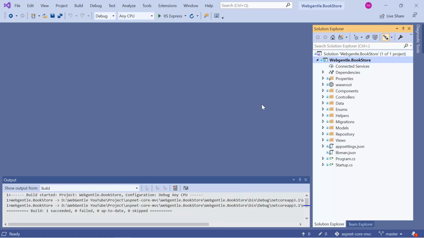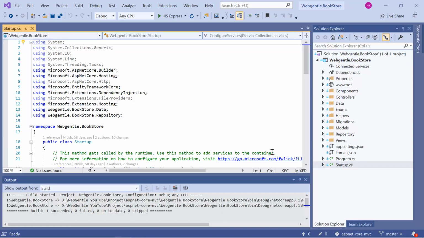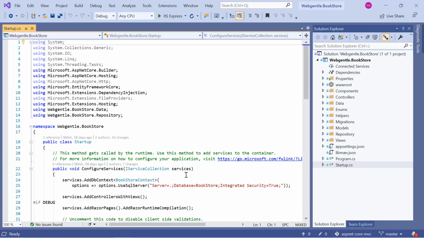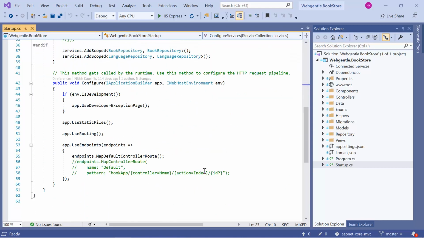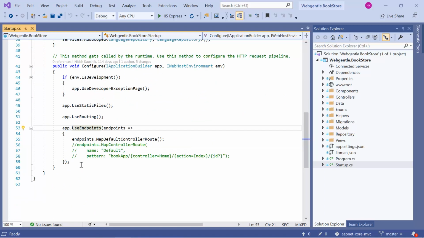First of all, I'm going to open this startup class. If you have seen the previous video of this tutorial where I was talking about the introduction to routing, then at that time I was talking about this use endpoints method, and inside this use endpoints method we were using the default controller route. Either we were using this map default controller route or this map controller route function and we were setting the default route. But here, since we are talking about attribute routing, we will not use these methods and we will use attributes for the routing. And what are the attributes?